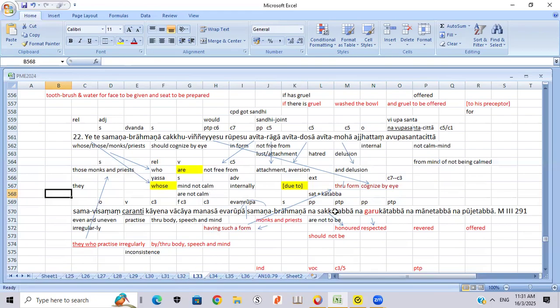So the next one, we are talking about this part, the eye. This part is the eye. That means what we do here, this word is evam rupam. Technically, sometimes you see this,